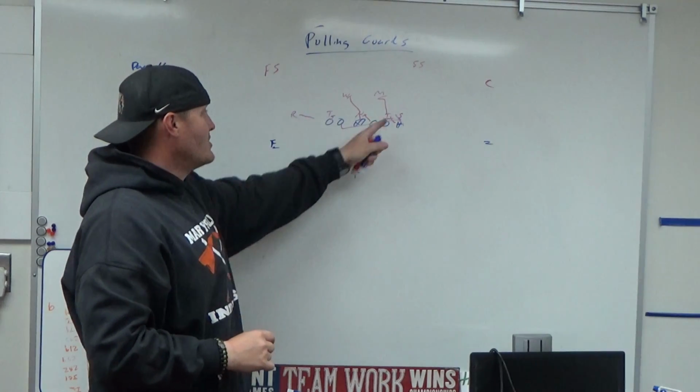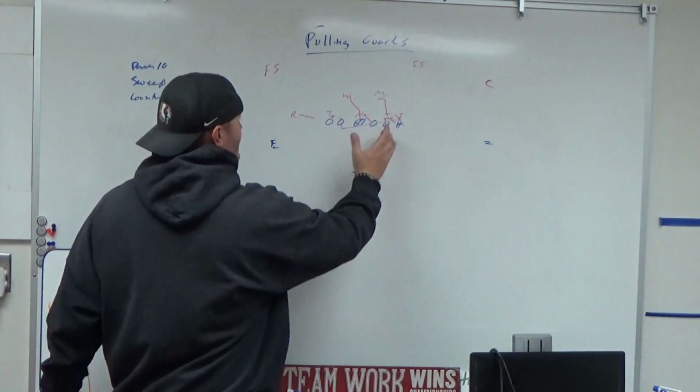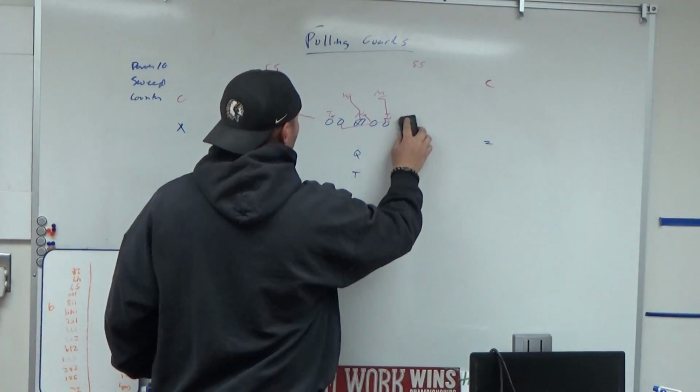It just turns into power G. You're going to kick out that outside backer for the most part and still get into that C and D gap depending on where the Sam backer ends up. Now without the H,